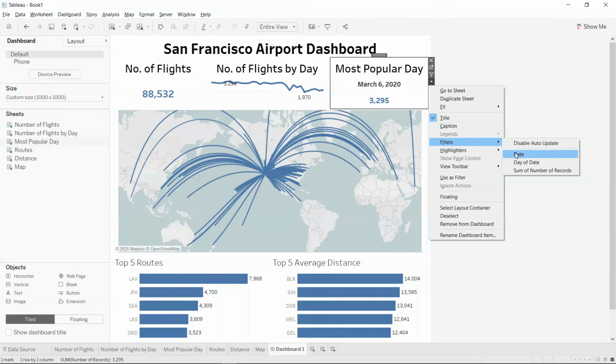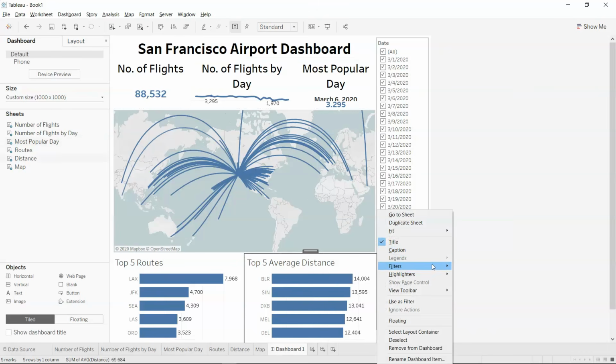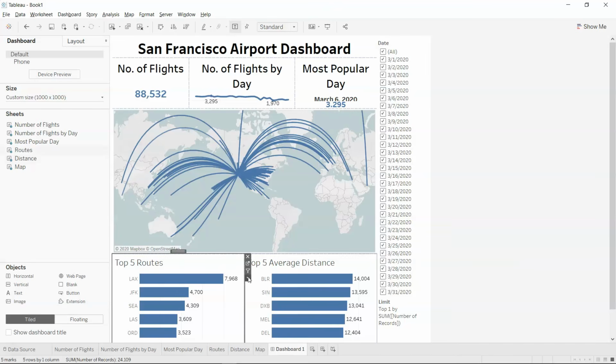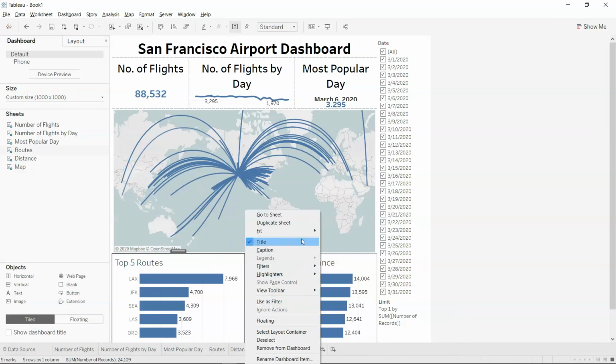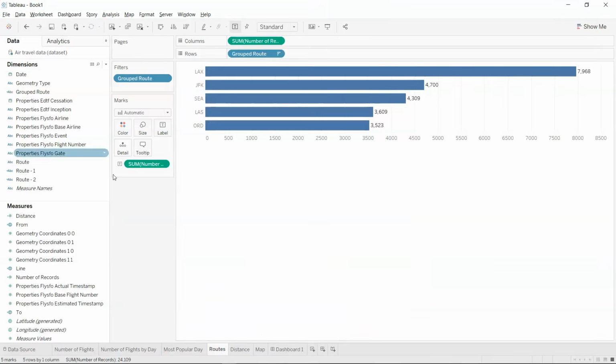Filters, which is, let's say, date. We have routes information, so filter, not route, but maybe here, filters, and nope, not route. So what I can do is, I can just go to one of the filters and put route information over here